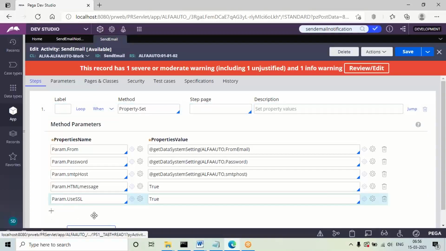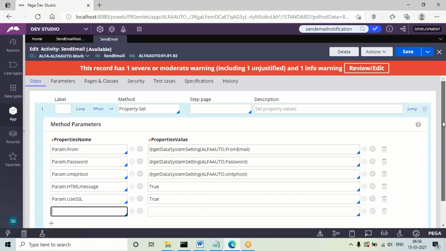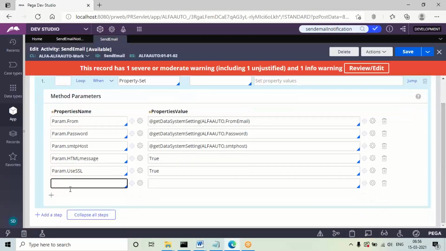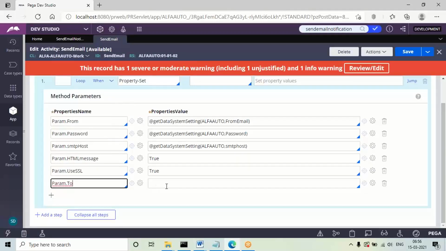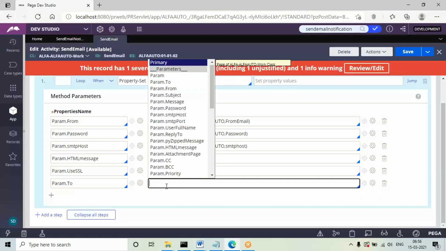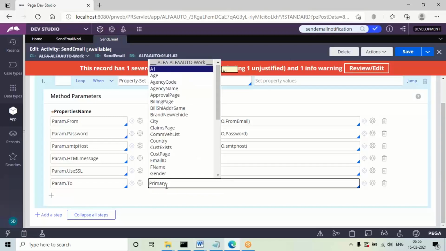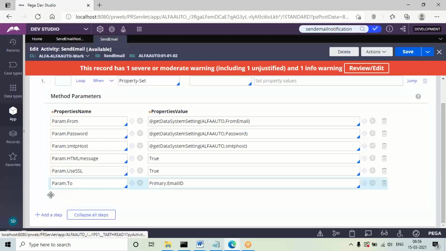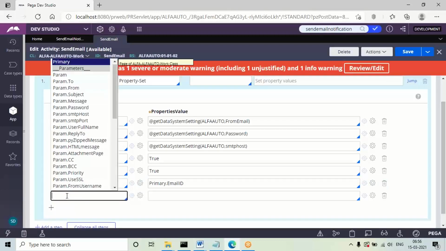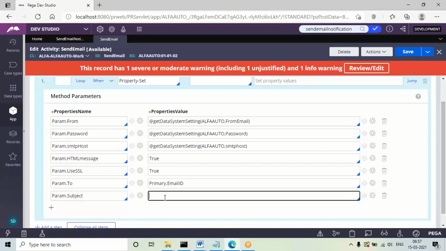Then after that, we have to configure the subject and to address. First I'm mapping the to address. So param.to. The to value will be taken from the email ID property. So select primary.emailID. This is the property where the email ID value will be taken from. And subject, I'm giving review shipping information.